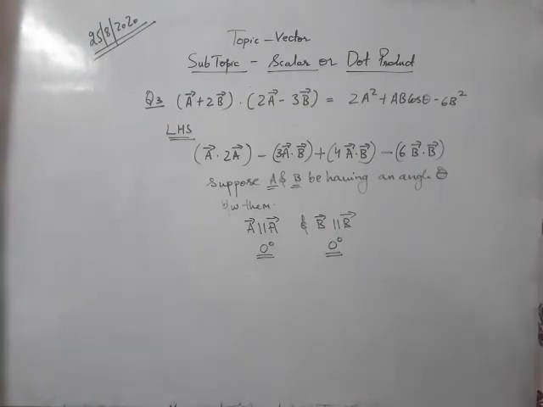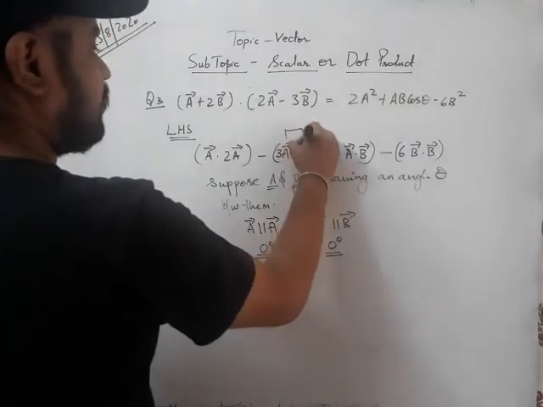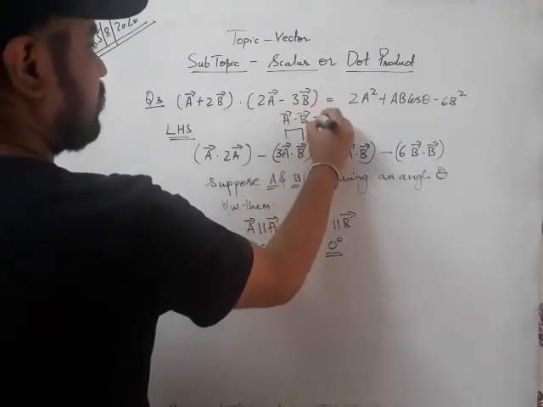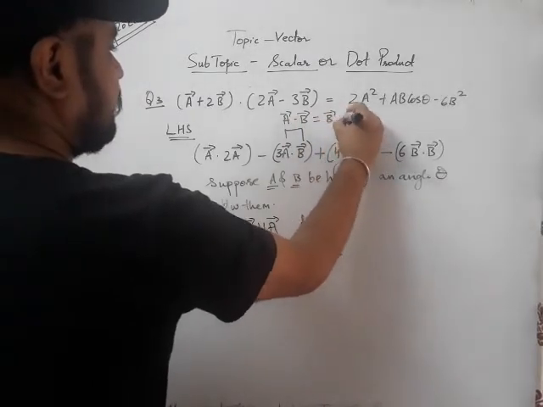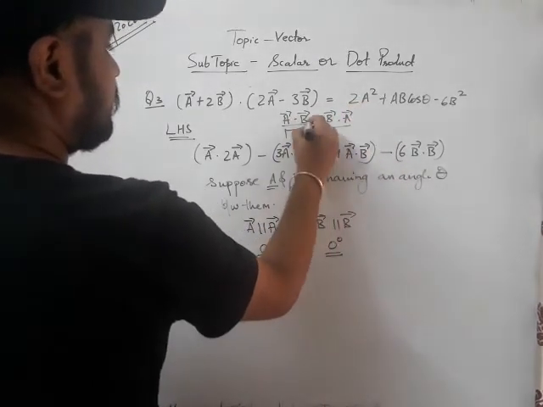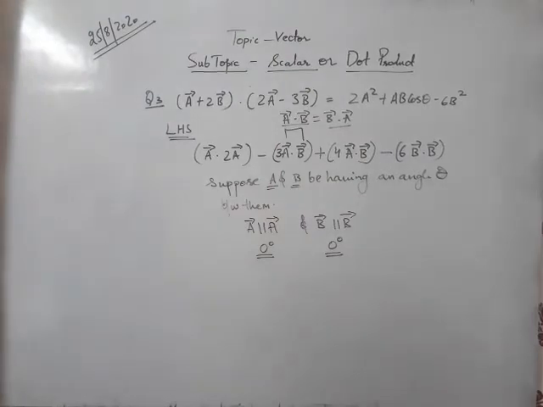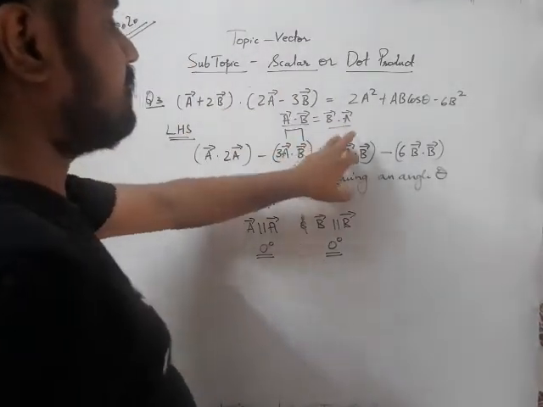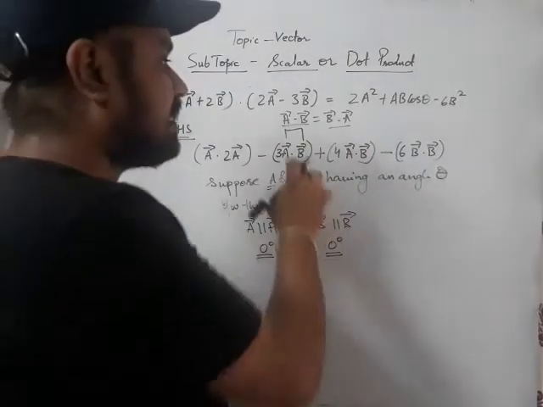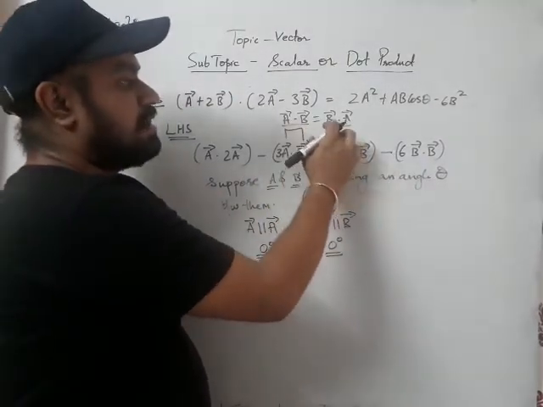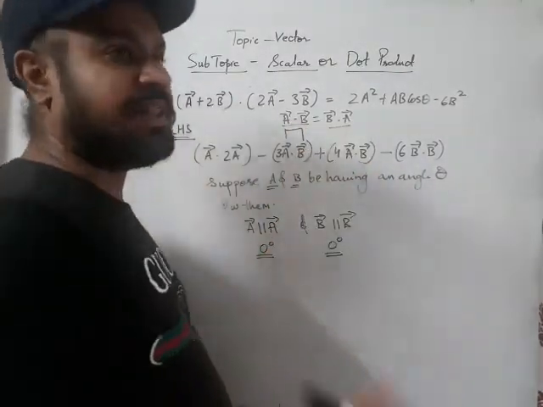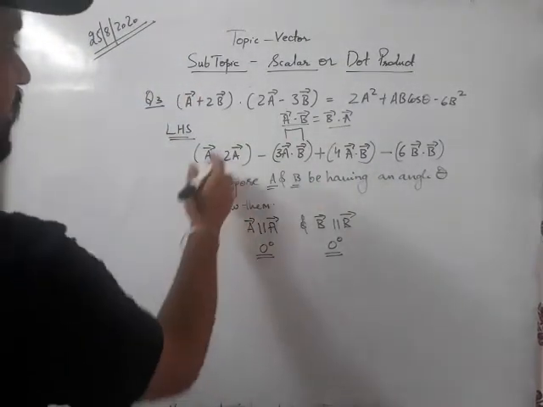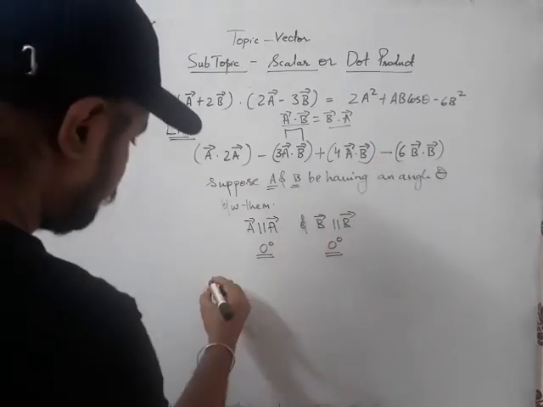And also one thing, remember that in case of dot product, A vector dot B vector is equal to B vector dot A vector. It is not possible in cross product, which we will be doing later on, but in dot product this thing is valid, that A dot B is equal to B dot A, because angle between them is theta, so we can take it like this. So now over here we will be doing further.